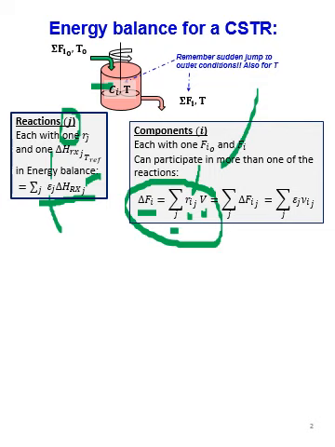Make sure that you are comfortable with getting to that equation. And I can now say that each of these little terms, the rate times volume, is how that component I gets changed by its participation in reaction J. So this allows me to write my epsilon term of each of the reactions, reaction J, in terms of a specific component's rate participating in that reaction divided by the stoichiometric coefficient of that component, that reactant or that product, as it participates in reaction J.